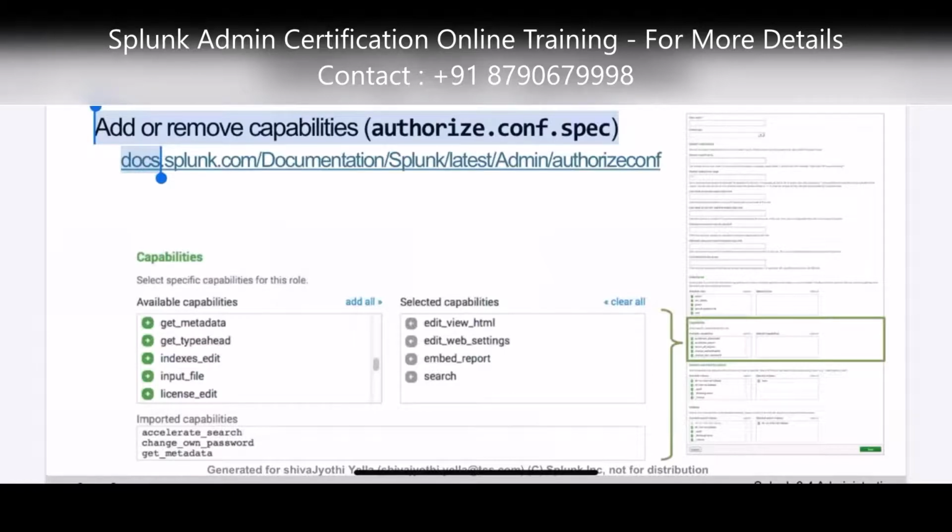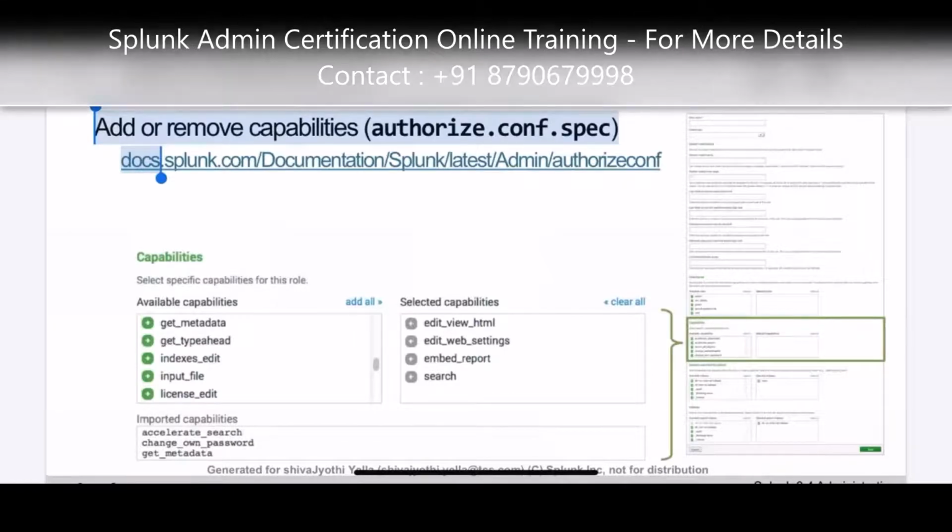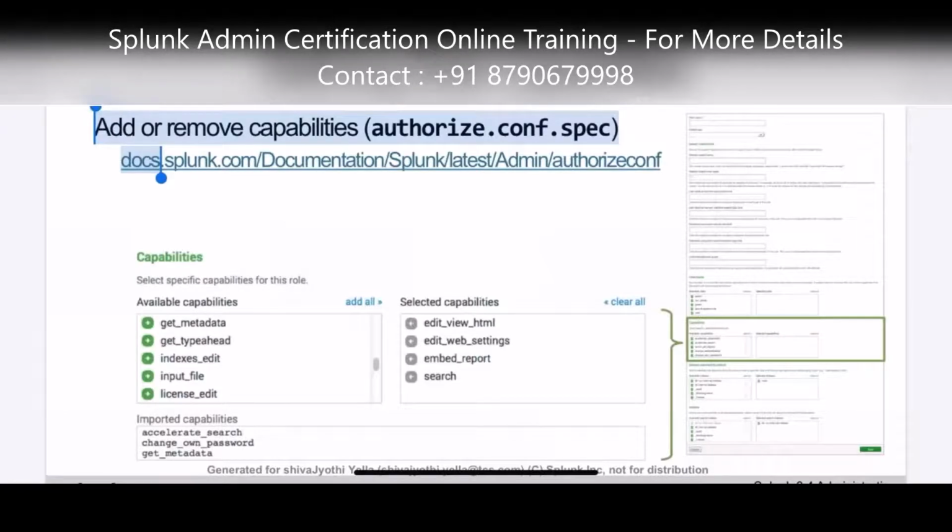At that time, I'll go into capabilities and search for DB, to see if there is any available capability related to the DB Connect app. I'll get some capabilities related to DB Connect. Then I'll provide that access to a role, meaning I'll add the selected capabilities.